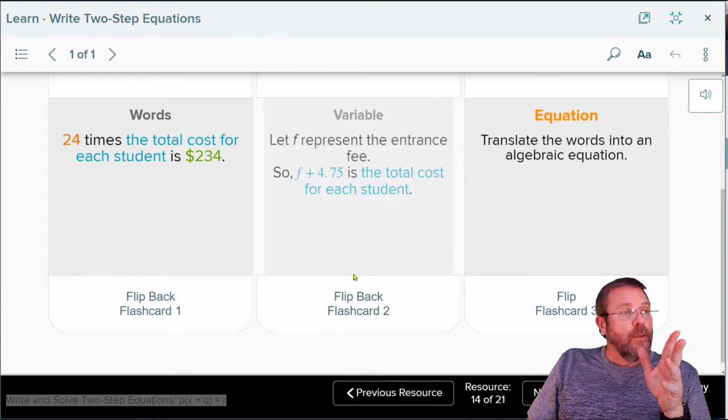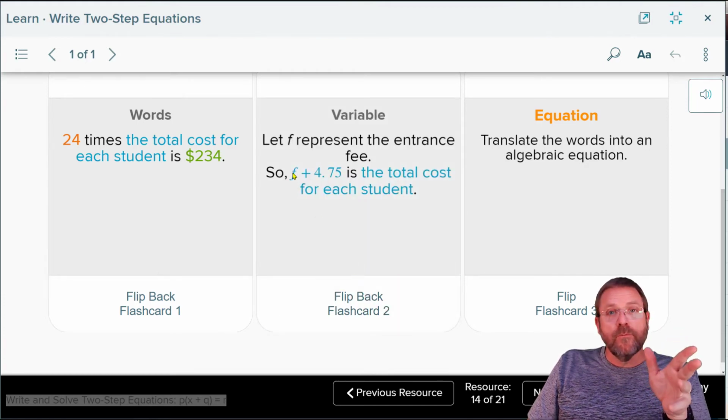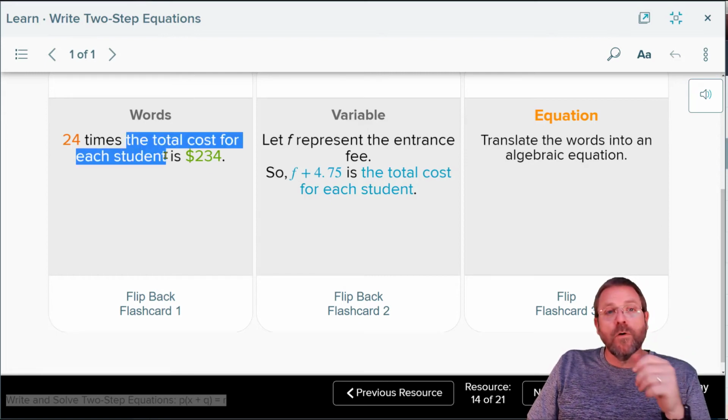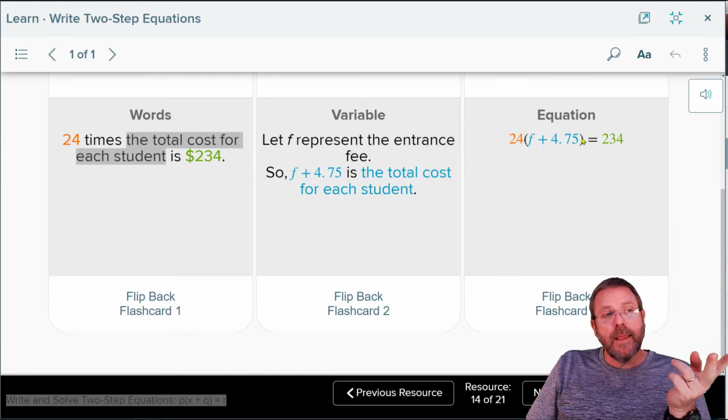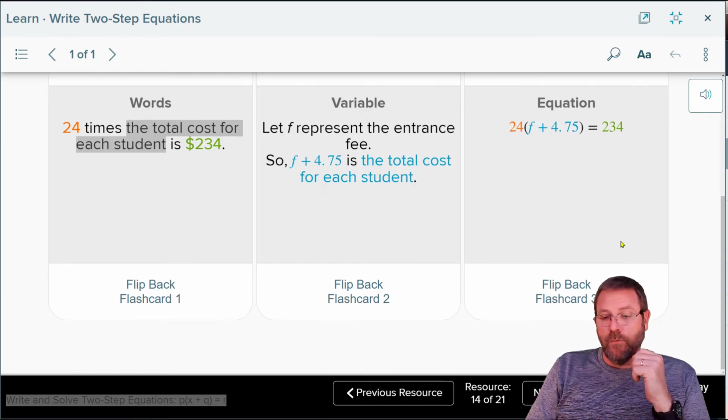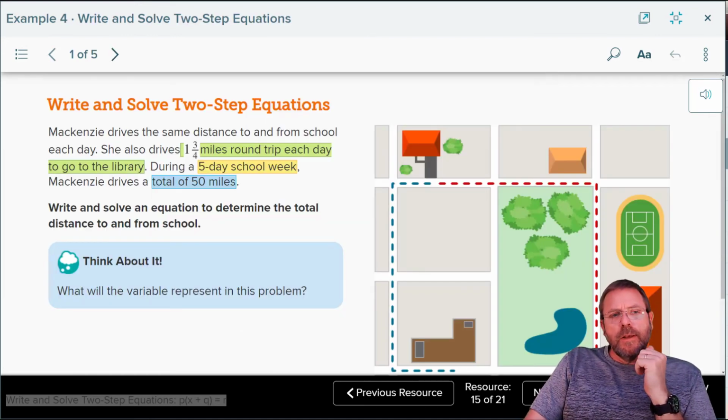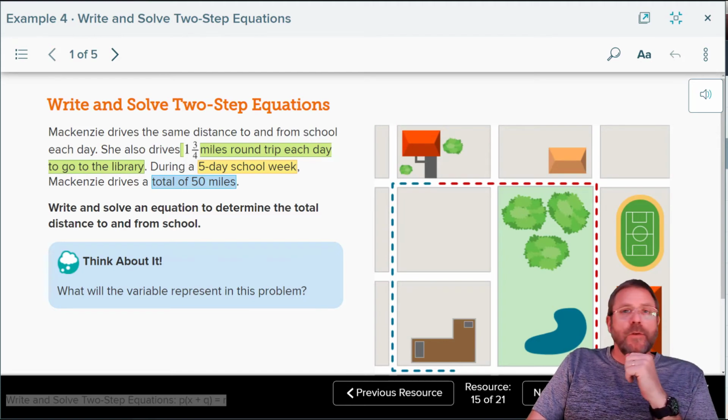But remember that you had a variable for the fee to get in the rink and the renting of the ice skates themselves. So these two things combined, they're the blue. They match up to the total cost for each student. You have to have both parts. Put it as an algebraic equation. You would say that 24 students times the sum of the fee and the skates is going to equal 234. Now, once again, they're not going to make us solve that problem, but they do want us to solve